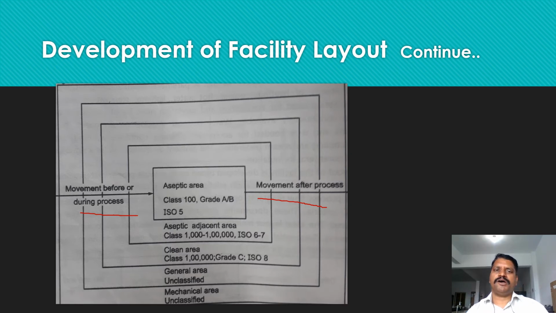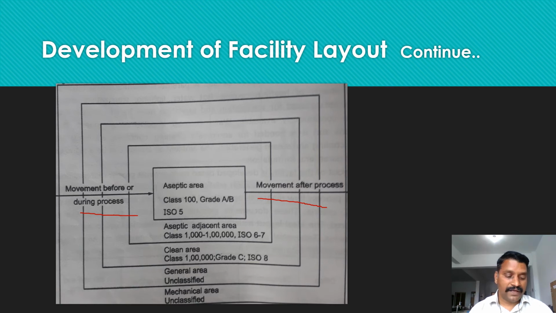While developing a facility layout for the production of parenteral dosage form, why are these factors so important? Because of these reasons. All counters should be constructed of stainless steel and hung from the wall so that there are no legs to accumulate dirt where they rest on the floor. All light fixtures, utility service lines and ventilation fixtures should be recessed in the wall or ceiling to eliminate ledges, joints and other locations for the accumulation of dust and dirt.